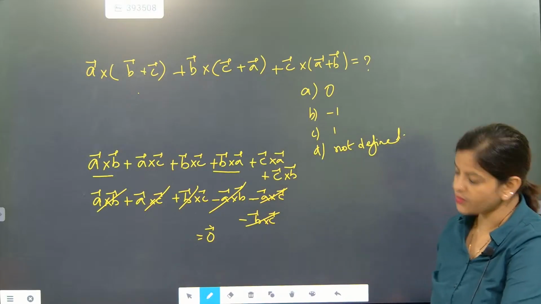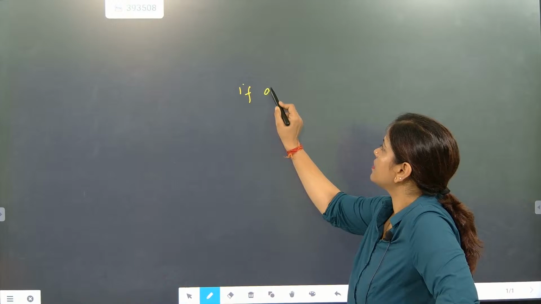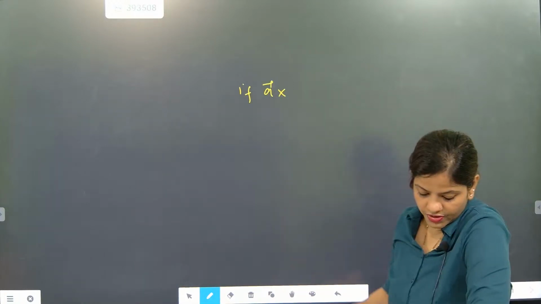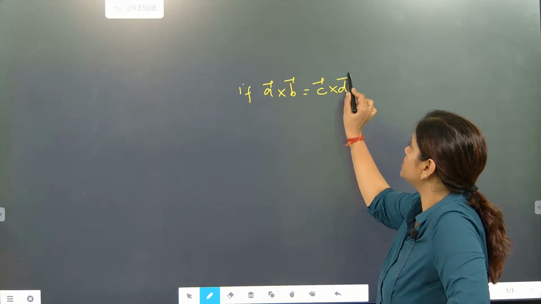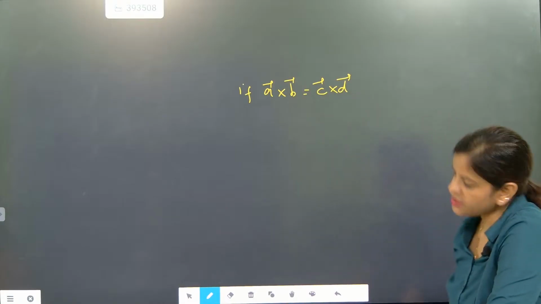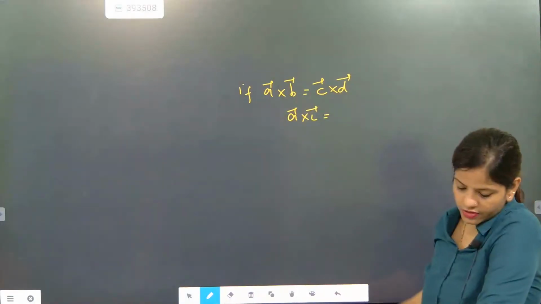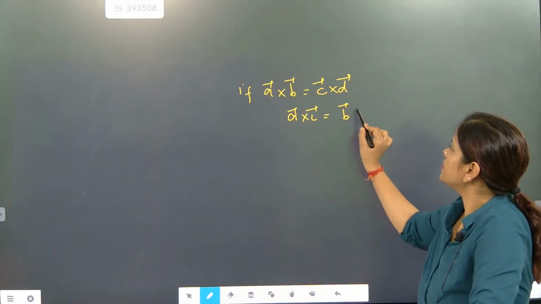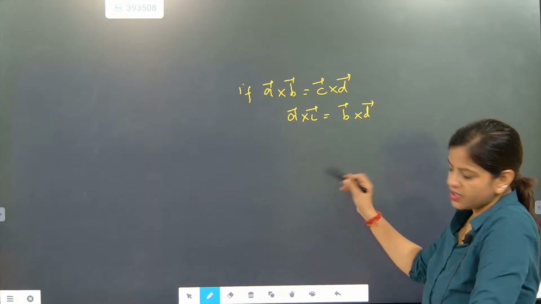So I'm giving you another question. This question again came 3 times in CBSE. Last time they gave this question was 2016. Write the question. They have given that if A vector cross B vector is equal to C vector cross D vector, after that A vector cross C vector is equal to B vector cross D vector. Then show that